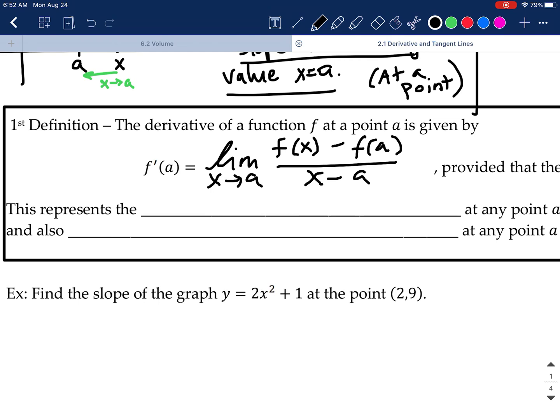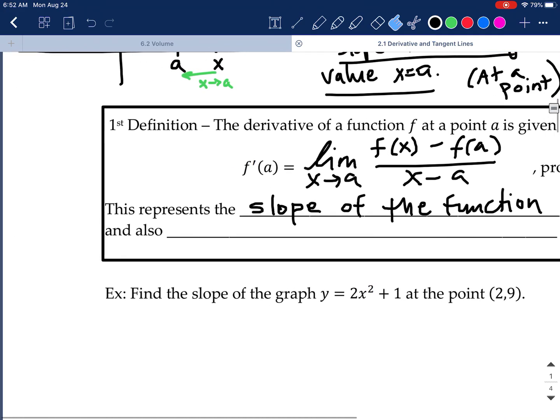So this represents the slope of f of x, slope of the function